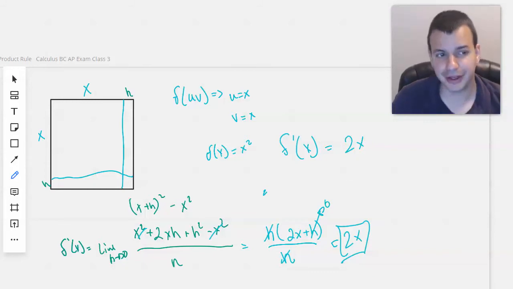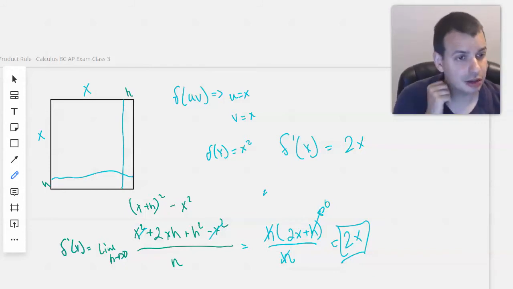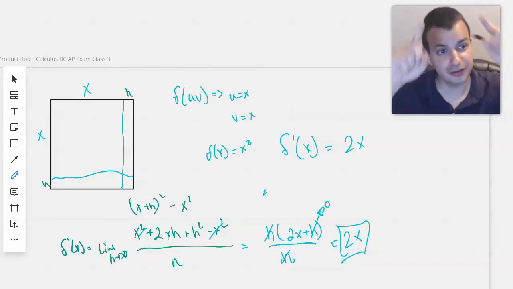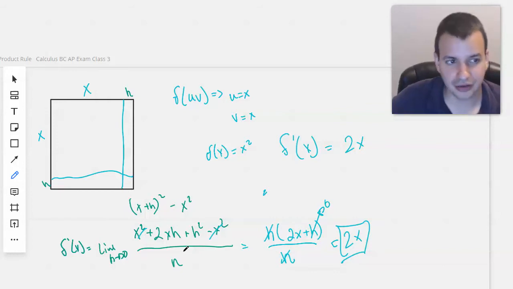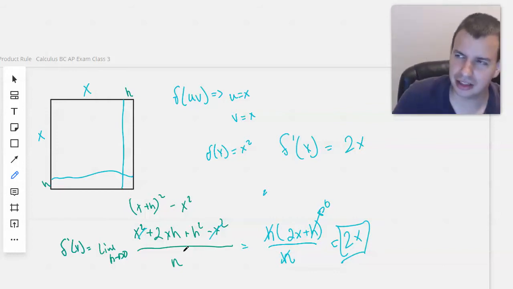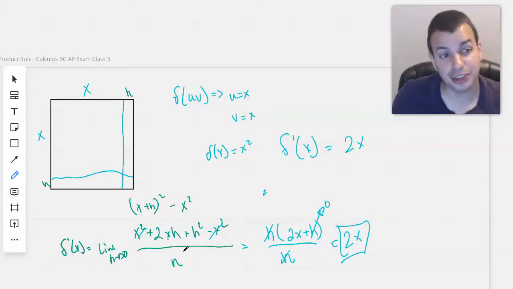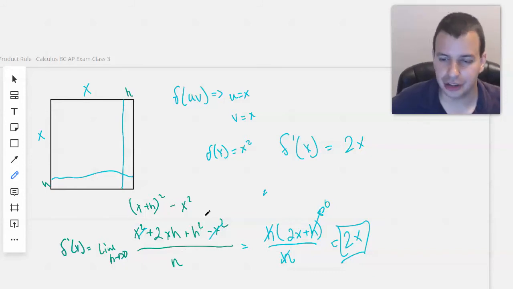So at this point, you're probably thinking, logically, well, if we can use this to find the product rule of u times v, why don't we just make a cube? And then we'll find the volumes instead of the areas. And can we do that to find the, I'm not sure what the product of three things is, the tri-product rule, something like that. And you're totally right, you could totally do it, but it's not really worth your time